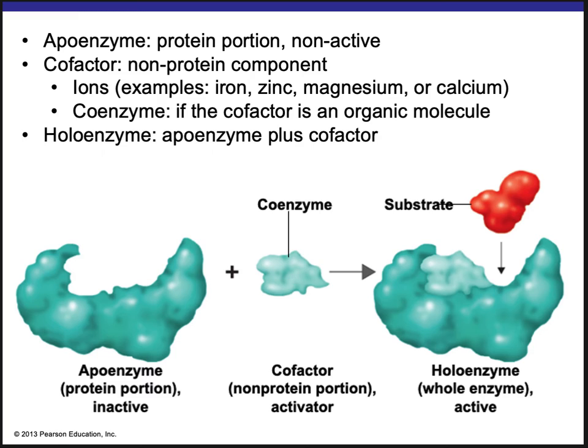So this picture shows you the apoenzyme, which is just protein, but it is not active, it's inactive. And then a vitamin, an organic molecule called a coenzyme, comes in, binds to the enzyme and makes it a whole complete enzyme that is now active. And you can see it completed that active site. Sometimes they're not actually part of the active site. They might bind somewhere else on the enzyme, which causes a change in the shape of the enzyme, which then is how the active form comes to be.